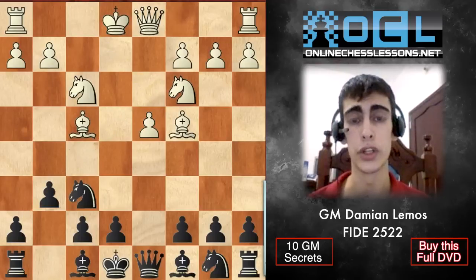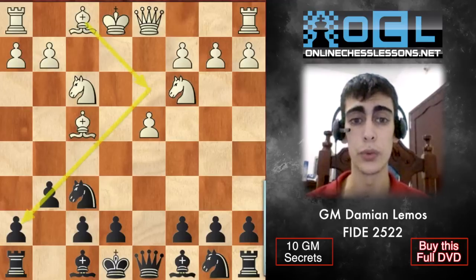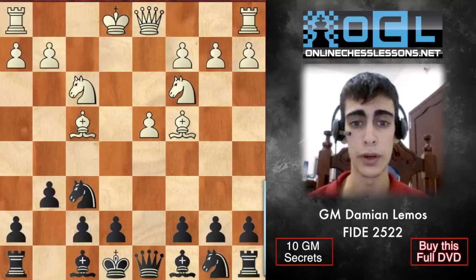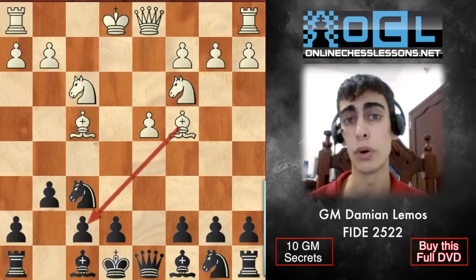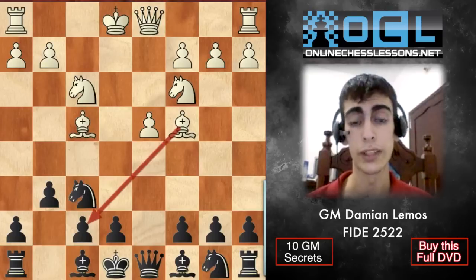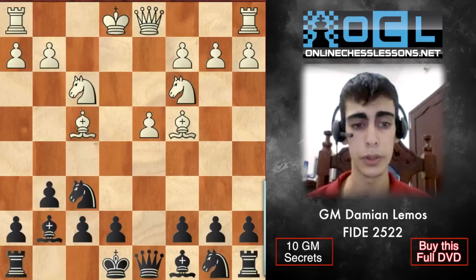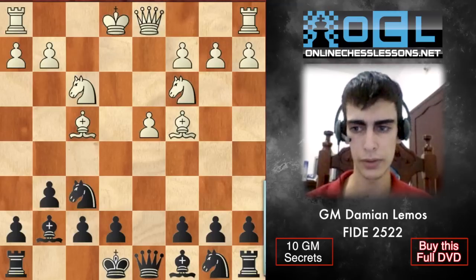And here white plays bishop c4. This makes a lot of sense. There's no reason to play bishop d3 if we played e6 already. Bishop c4, now he's attacking on this diagonal, because as we pointed out before, we are not gonna play e6. Well, at least not in this position, because we need to develop. Therefore, we play bishop e7,